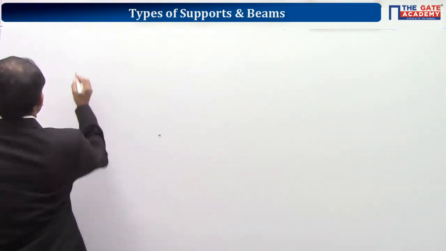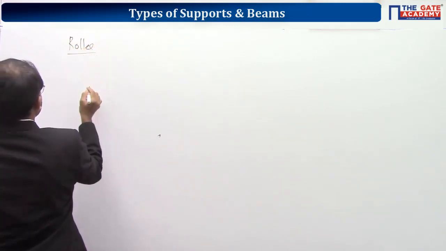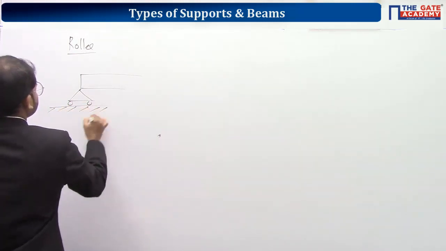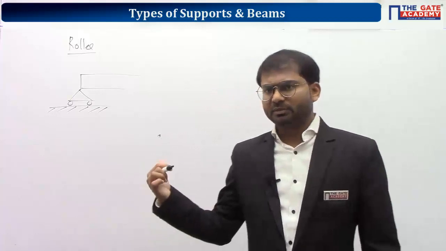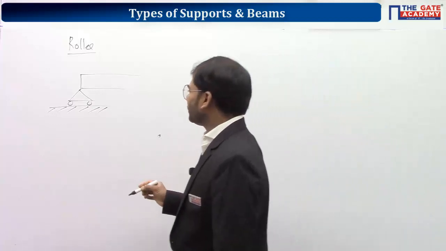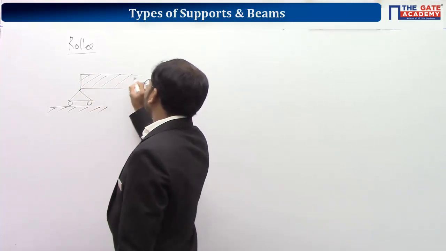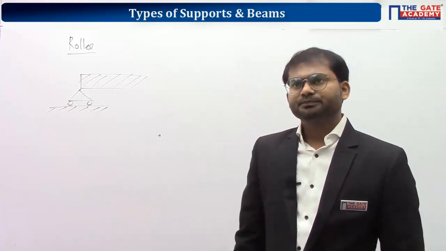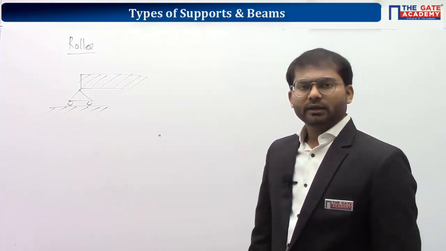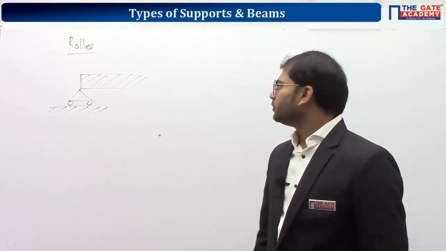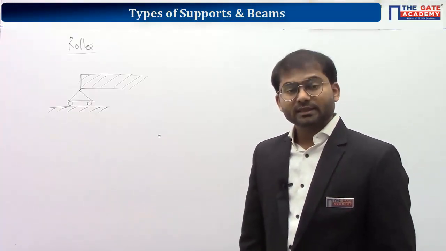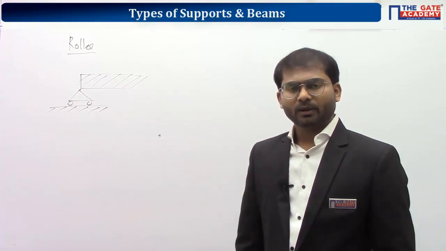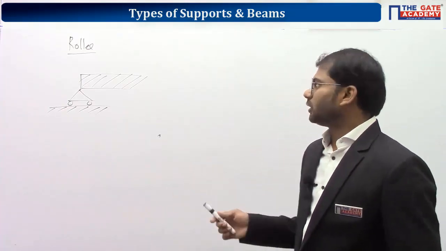If you take a roller support, roller support means some roller will be there. So if this is the beam, roller support means it will have this type of setup. In this diagram case, you can understand that I'm showing the beam in a shaded way. The beam is kept in a horizontal position here, and this roller support is used here. So in this scenario, the beam is not allowed to move vertically. Okay, so in this case, the beam is not allowed to move vertically.